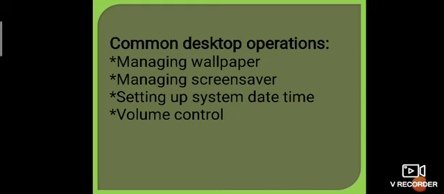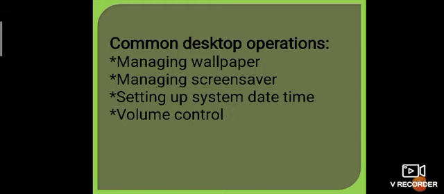Click on OK. Setting up date and time. We can set the date and time. Click on the clock icon in the tray at the bottom right side of the computer. This should show the clock, date and calendar. Click on change date and time. The date and time menu is also available at start, control panel, date and time. From here we can also choose, click on change time zone, and we can set the date and time according to the need.